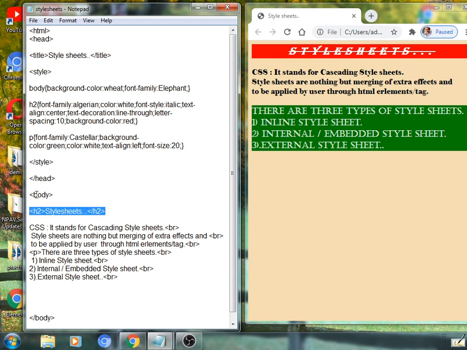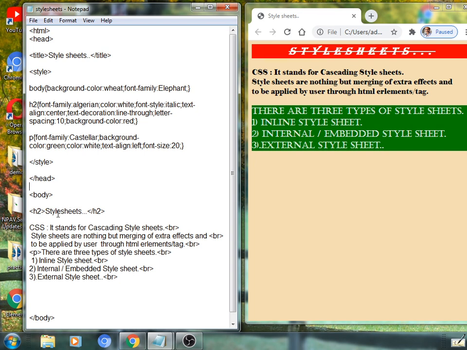Selector number 1 is the body tag. Selector number 2, H2. Selector number 3, P, that is paragraph.